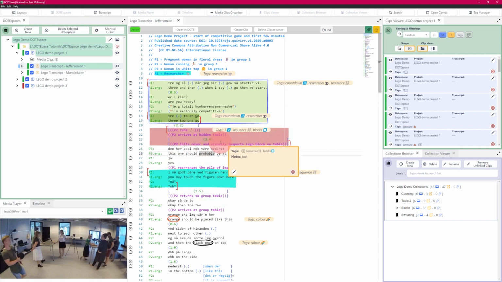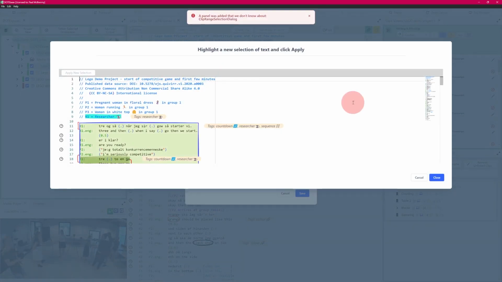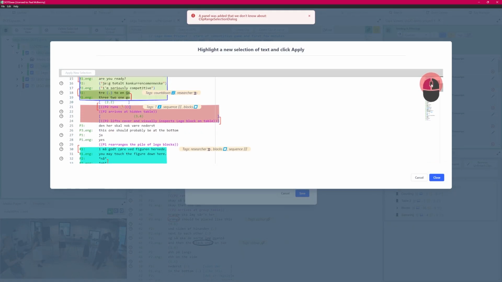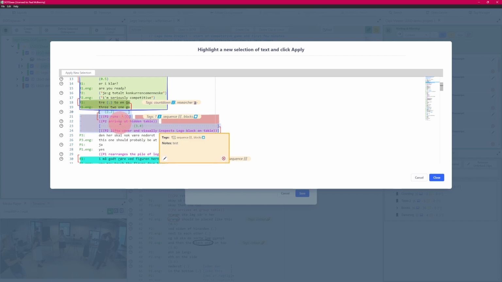So now we have one here. Let's say that in fact we think it should be a little bit longer. Maybe this 2.2 seconds should be included. So if I right click and say edit, I could edit selections. If I click that, and then I just move down to see where it is. There it is. If I just do a reselection, let's say from here to the 2.2, now I'm including that,